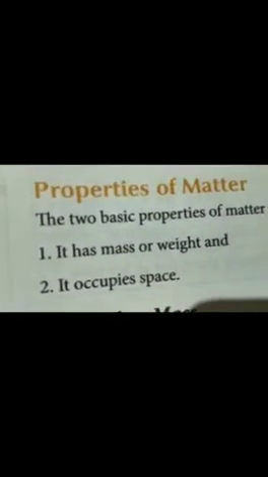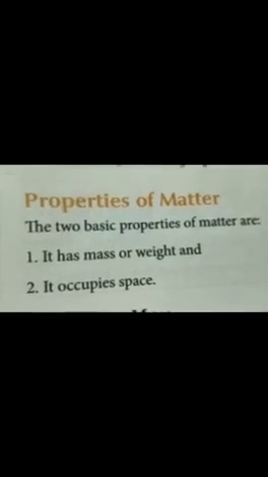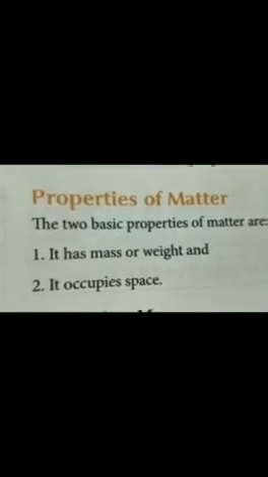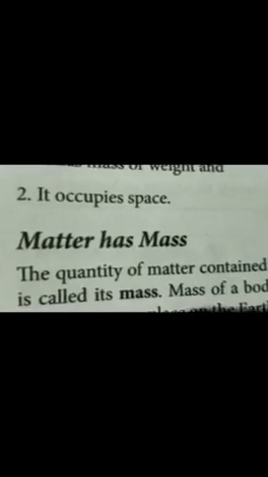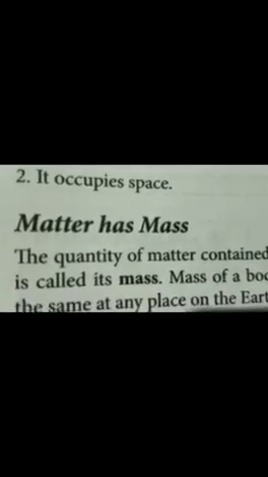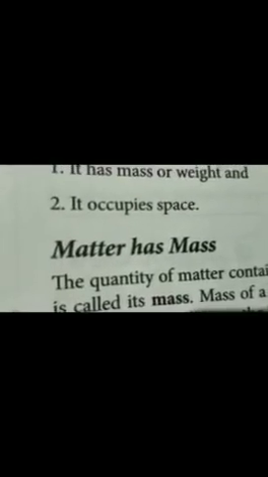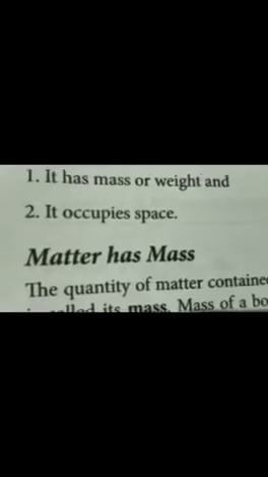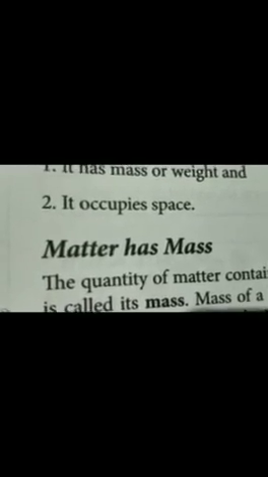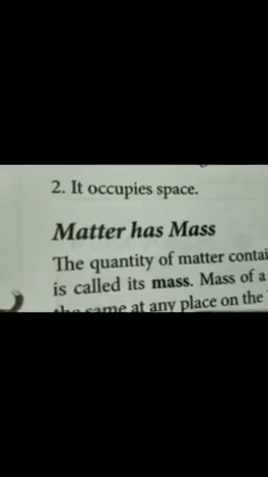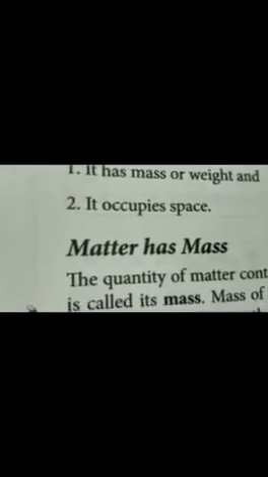Today, everything which we can see around us, like the plants, the animals and everything non-living, like these containers, rocks or water or mixer or car, all this will come under matter. So two basic properties of matter which we have learned are that matter has mass or weight and it occupies space. See the first parameter, matter has mass. So what is mass? The quantity of matter that is contained in a body is called mass. So how will we know what quantity of matter is there? We can weigh that quantity using a weighing scale.